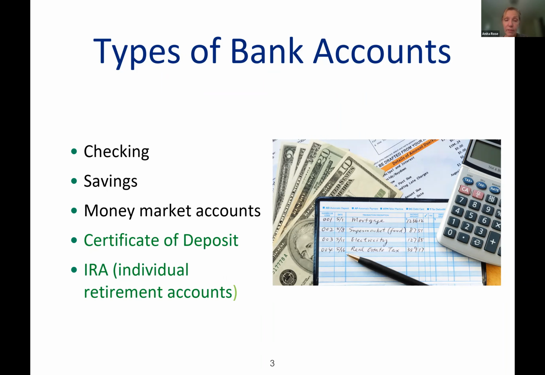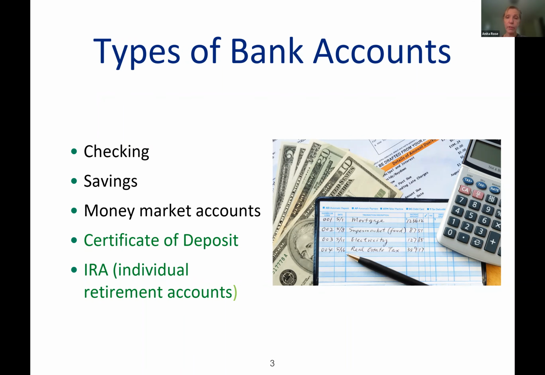The rest I have invested, and you can invest in maybe a certificate of deposit, which is a very low interest rate right now. It is not popular. It was years ago when we had high interest rates, and it may become popular again as interest rates start to increase. An IRA is an individual retirement account. So when you're running your own business and you don't work for someone, you would want to have an IRA and put money into an IRA so that you have money saved for your retirement.